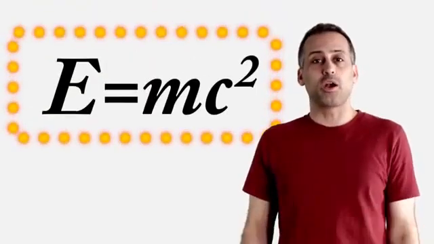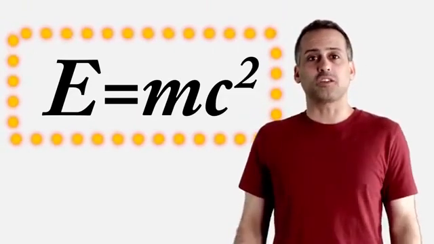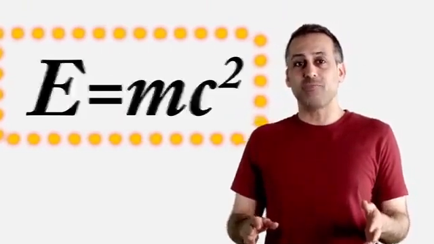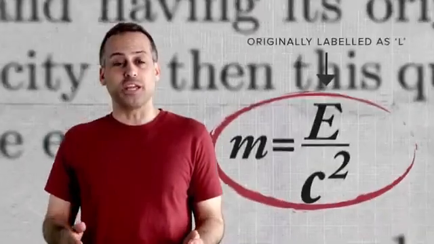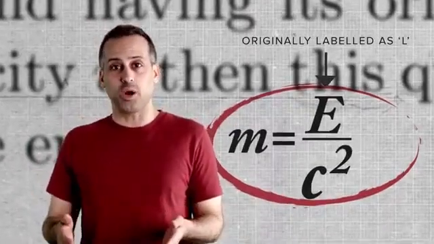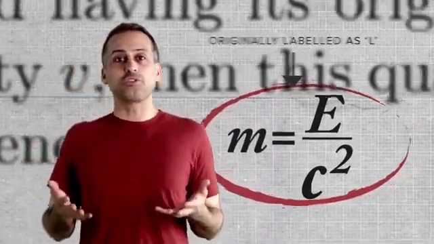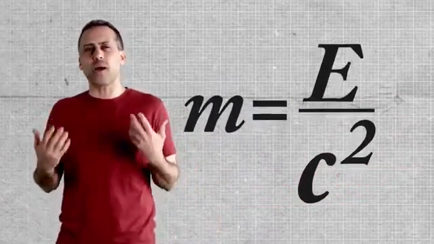E equals mc² is probably the most famous equation in all of physics. But in his original 1905 paper, Einstein actually wrote it down differently, as m equals E divided by c². That's because, at its core, this cornerstone of physics is really a lesson in how to think about what mass